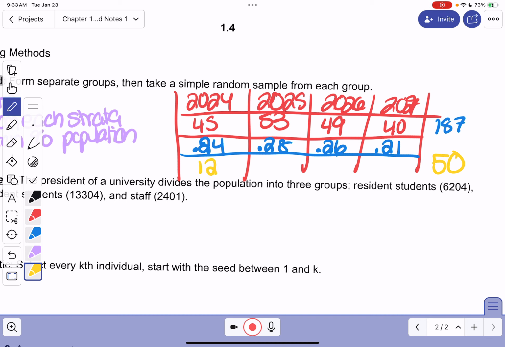That's systematic. A third way is cluster. So like stratified, this has groups. The groups may be similar or homogeneous. They may be different, heterogeneous. Doesn't really matter. You form a bunch of groups. Then you randomly use a simple random sample to pick a certain number of groups and then ask everyone in